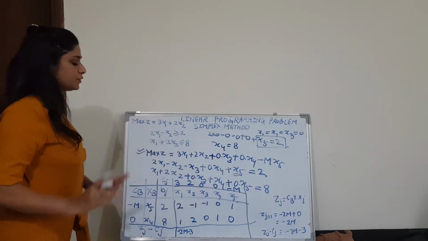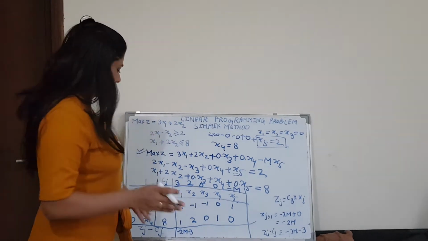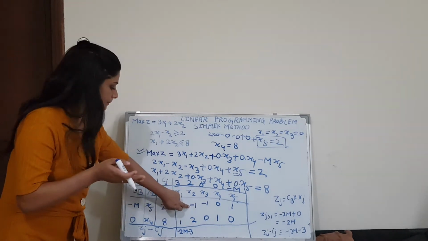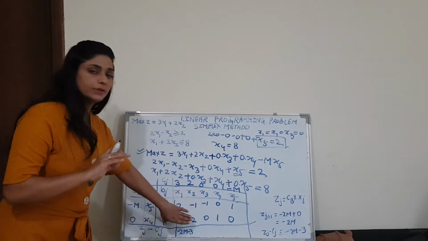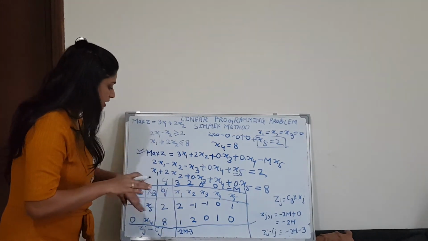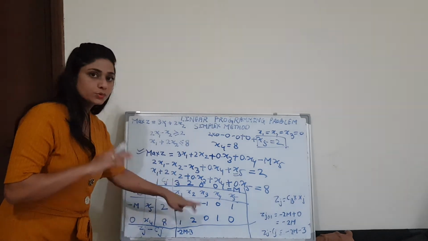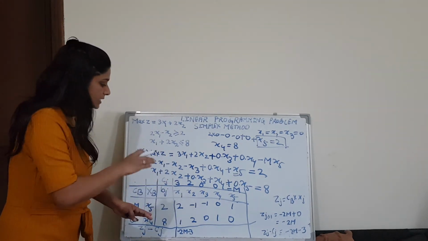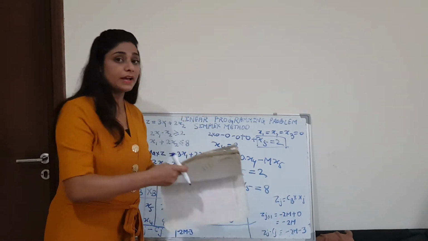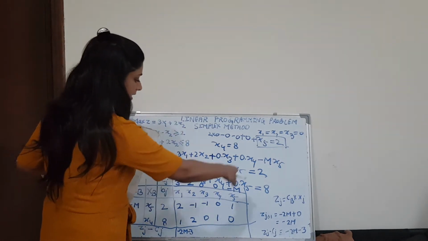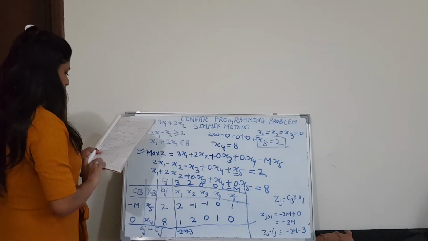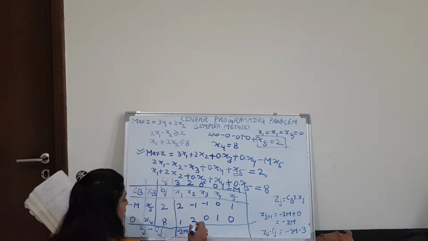Similarly, for all columns we will calculate Zj minus Cj. For the second column, minus m and minus m is plus m, plus 0 into 2 is 0. So Zj is equal to plus m, and minus Cj. Cj for the second column is 2. So for the second column, Zj minus Cj is m minus 2. So you calculate the rest yourself. I have my notebook, I am just writing directly here, by this calculation method you know. So I am writing here, second column m minus 2.